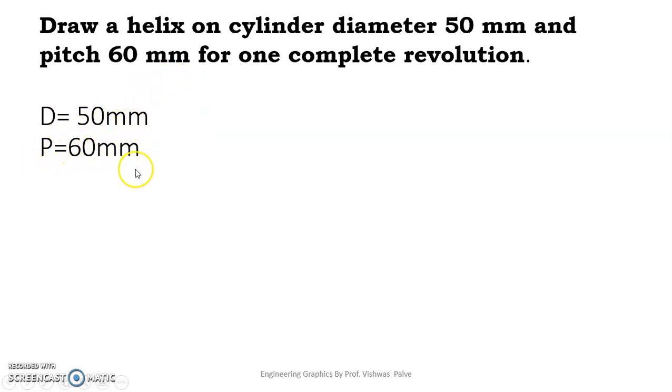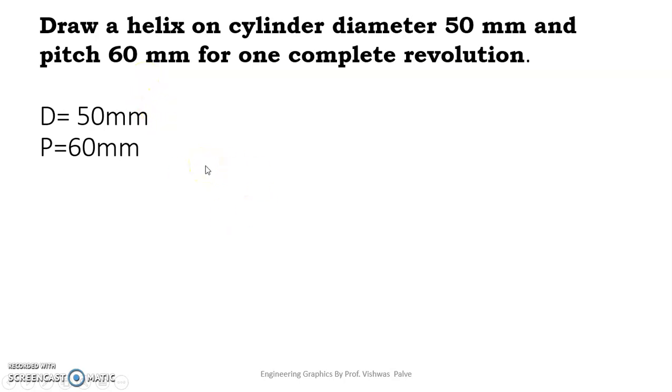In this question, they have given these two dimensions, but in a few questions, they might give the diameter of the cylinder, the height of the cylinder, and the pitch length, and they can give one revolution or two revolutions. Please take care that the pitch and the height of the cylinder are different. In some cases, if they give only the diameter and height of a cylinder and don't give the pitch, then we have to consider the height of the cylinder as the pitch. But if it is separately mentioned, you have to draw the cylinder differently, and on that you have to draw the pitch of the given length. Okay, so let us start.